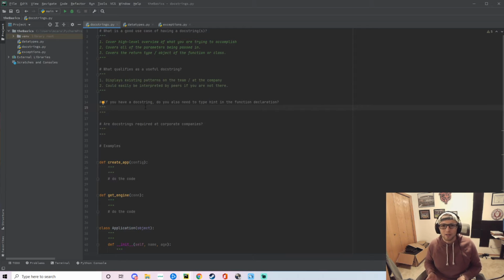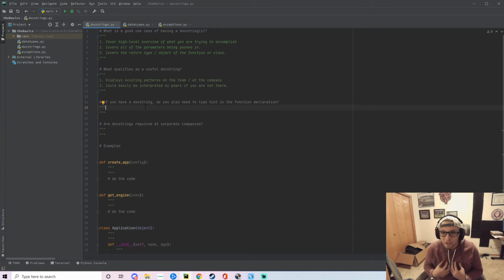So what type hinting does is, when you're developing code and you raise a PR, it allows the other engineers to better understand when they're reviewing your code, hey, this looks like you are expecting a dictionary, but it doesn't really look like in your code that you're doing anything with a dictionary data type. Is this correct? Did you mean to say a set or an int? It's a really nice way to help others understand where you're going and what you're thinking. So in this case specifically, do you need one in the function declaration as well as in the docstring? It's a very, very good question.